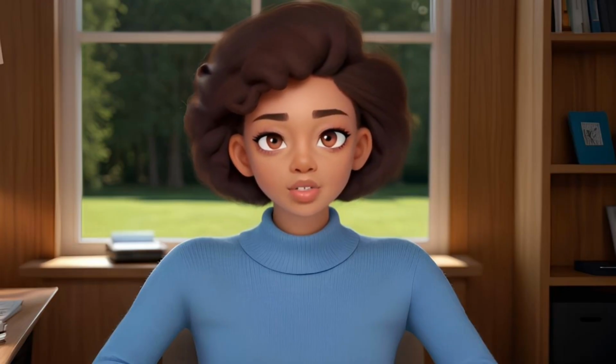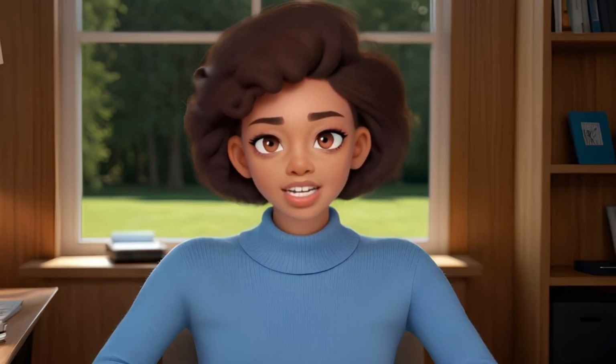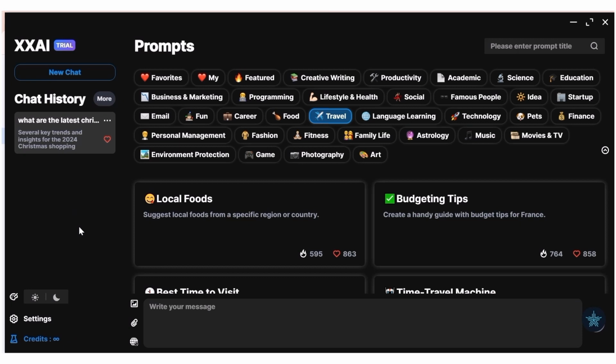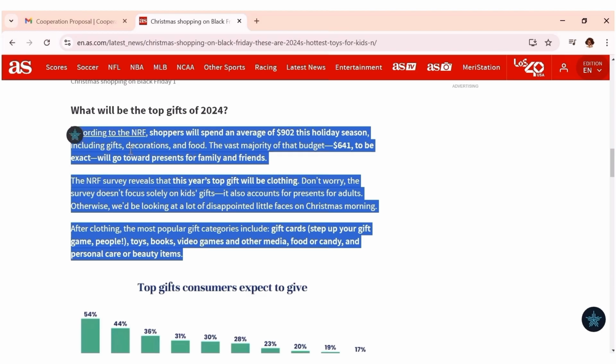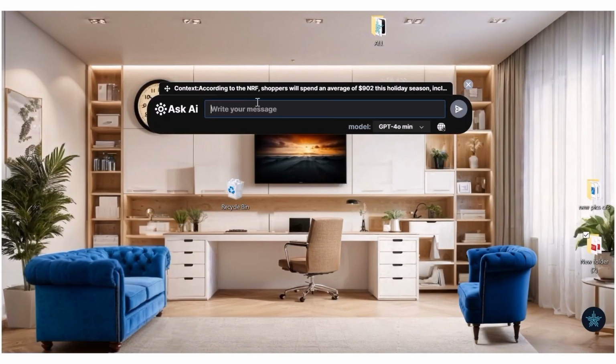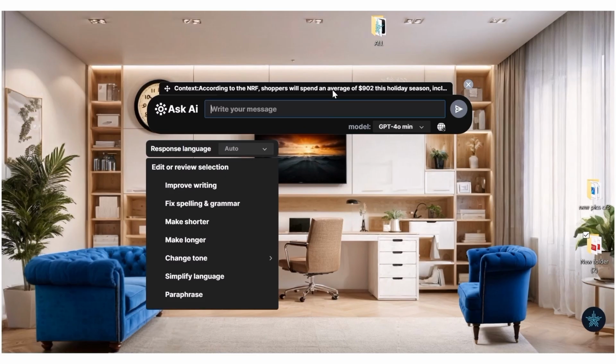Now this tool has an AI copilot feature that can be accessed for instant support. So for instance, let's say we are just browsing some pages on the internet. I can highlight specific parts that I want help with. Now all you need to do is click on this icon right here. There are several things that you can do from here. From up here, you can see what we've copied. And now you can choose to either rewrite this,